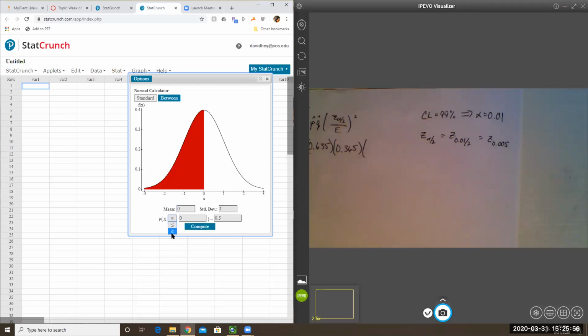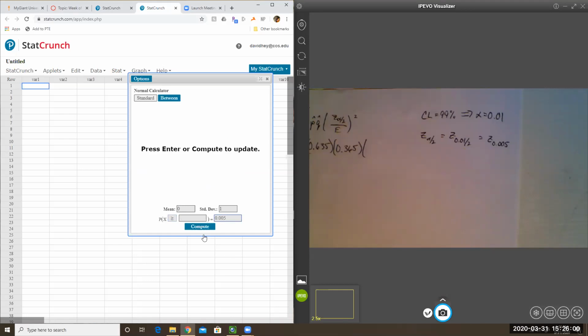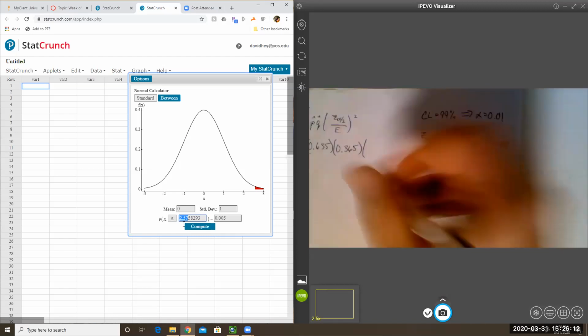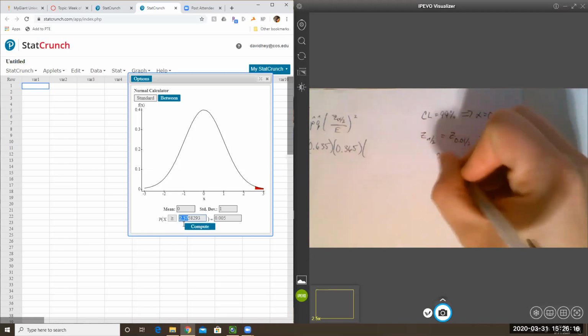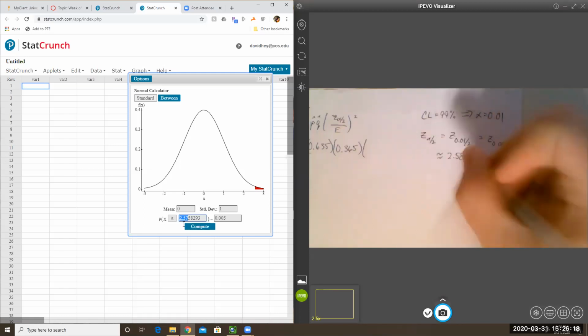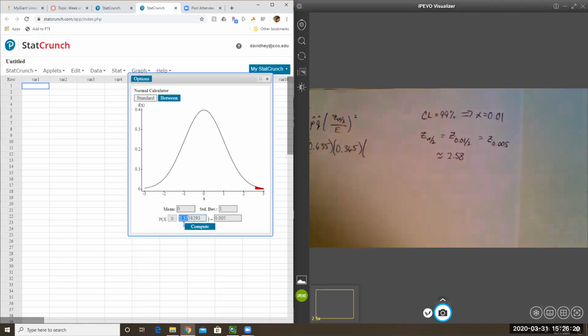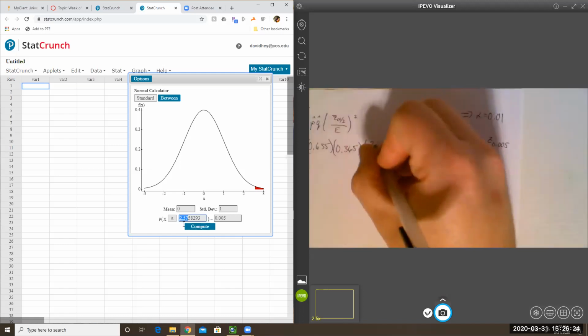We want an area to the right, and we want that area to be 0.005. So there's our critical value. It's about 2.58. So I've done z sub alpha over 2 now. It's about 2.58